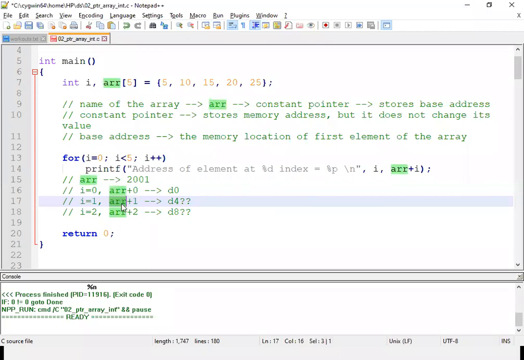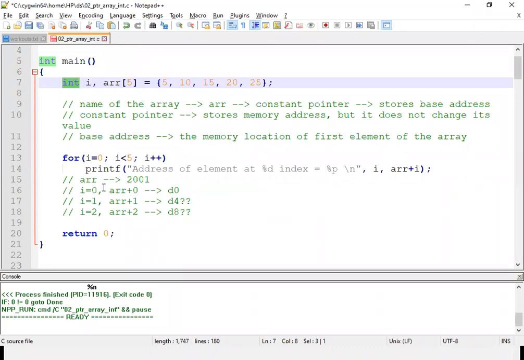Since this arr is a constant pointer, what type of data elements is it storing? It is storing integer data elements, right? To store one element of integer data, it requires 4 bytes.